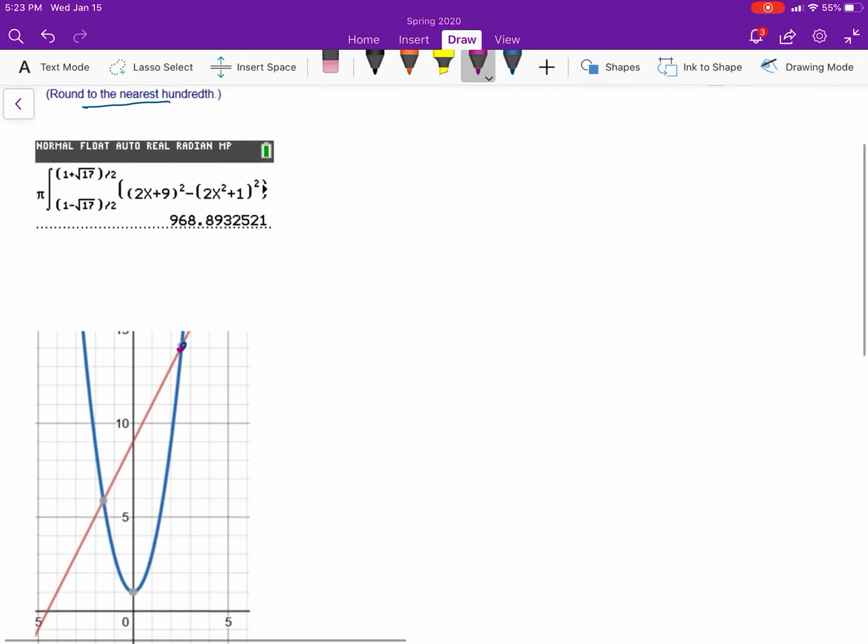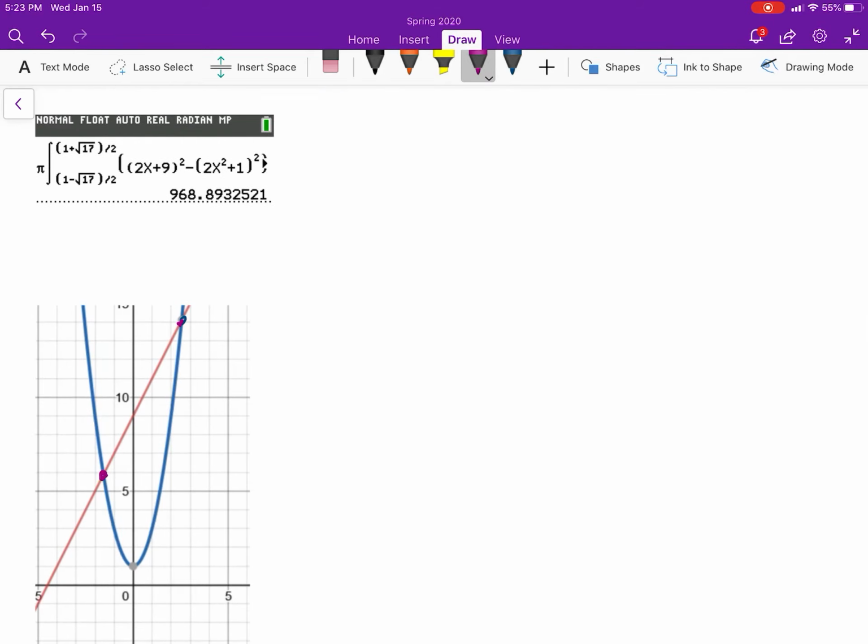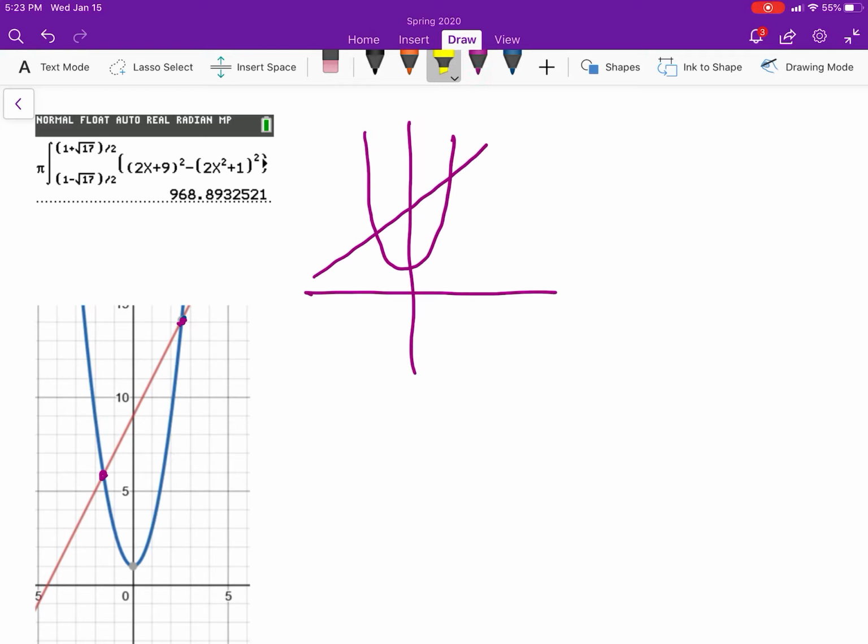Okay, so I graphed them first, and I just used Desmos, the online graphing calculator. I know that I'm going to need these points of intersection, which is kind of where it's going to give me some trouble. But let me just make a sketch so y'all can see. We just have this parabola and then this line. So we're only going to take this area right here, this yellow area, and we're going to revolve that